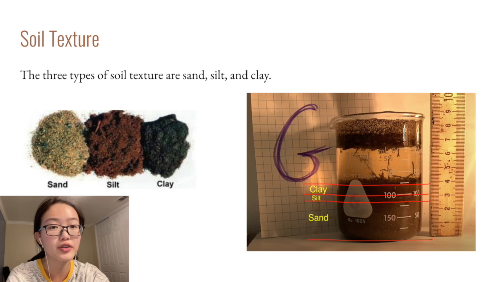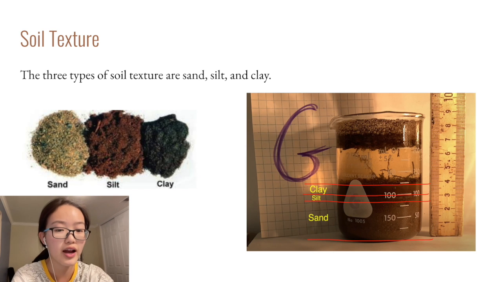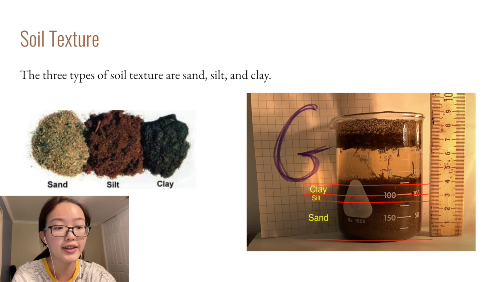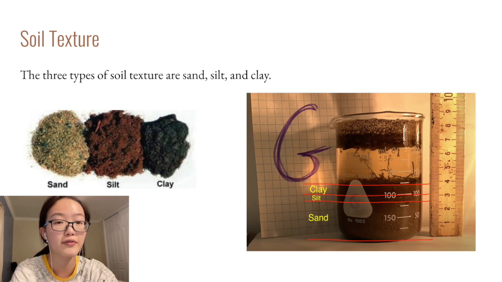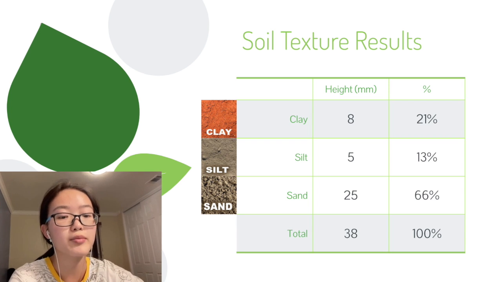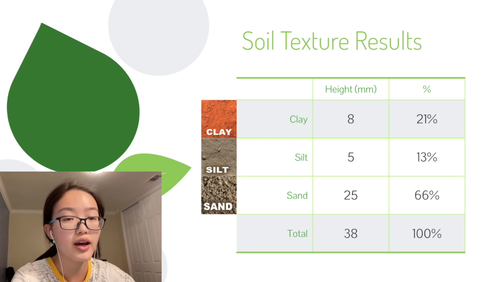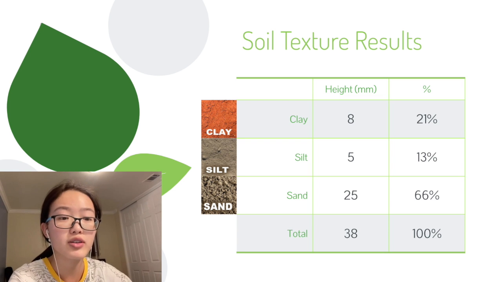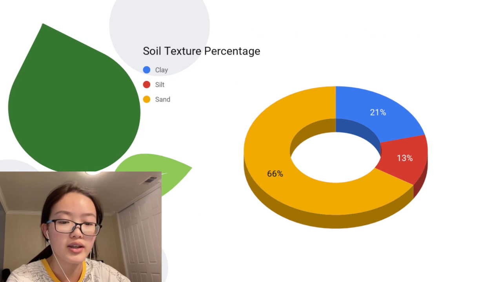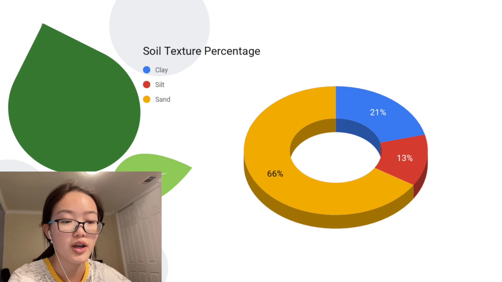For now, we'll talk about the soil texture. In this slide, there are a total of 3 distinctive soil texture types: sand, silt, and clay. And you can see that my group has divided up on the right. This slide is about the exact amount of the clay, sand, and the silt in our dirt. We had 8 mm of clay, 5 mm of silt, and 25 mm of sand, which was a total of 38 mm in height. And next, this slide is another visual representation of the percent distribution of clay, silt, and